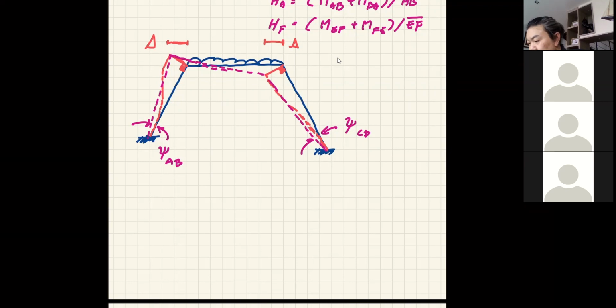Okay, so that will become psi BC. A case like this is quite a killer, right? Because please notice that I have the delta here as the unknown. If I go ahead and use the psi, you guys and I are going to end up with 3 unknowns. But in fact, what we should do is use the relationship to turn these 3 unknowns into 1 in terms of delta. But that means you need to find a way to convert this delta, which is the horizontal displacement, into this distance. This distance is perpendicular to the member. And then use this distance to calculate the psi to maintain just 1 unknown,